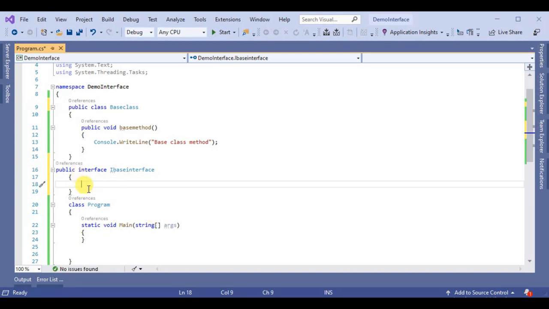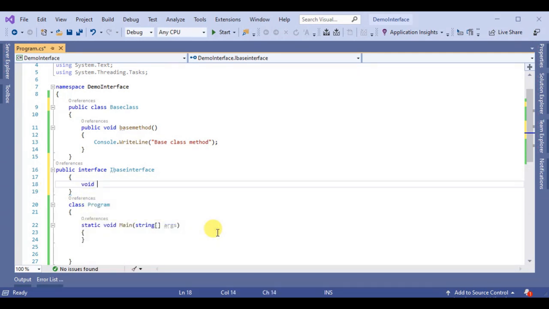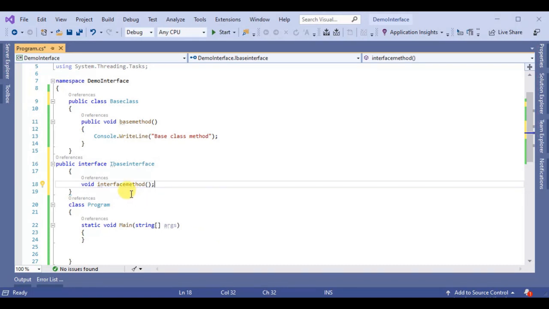So this is the interface, and now we declare a method, void InterfaceMethod. All the members inside an interface are by default abstract. So this is an abstract method without the abstract keyword. We don't require to use the abstract keyword here.